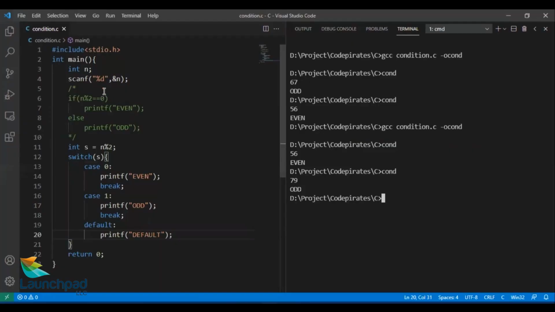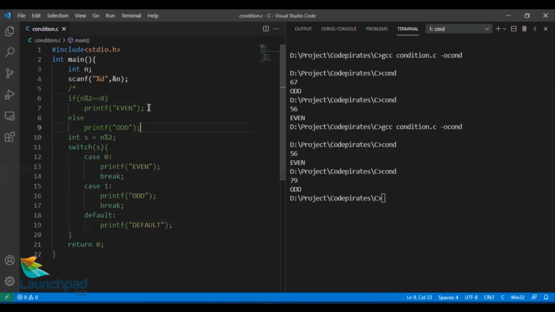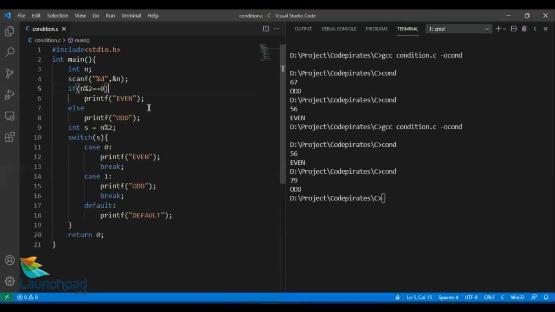Now let us talk about the differences of if statements and switch statements. Now in the if statement, let us understand how an if statement is executed. In the 6th line of this code, as you could very well see, within the if statement, I have a condition in place. Now this part can be filled with any data that returns